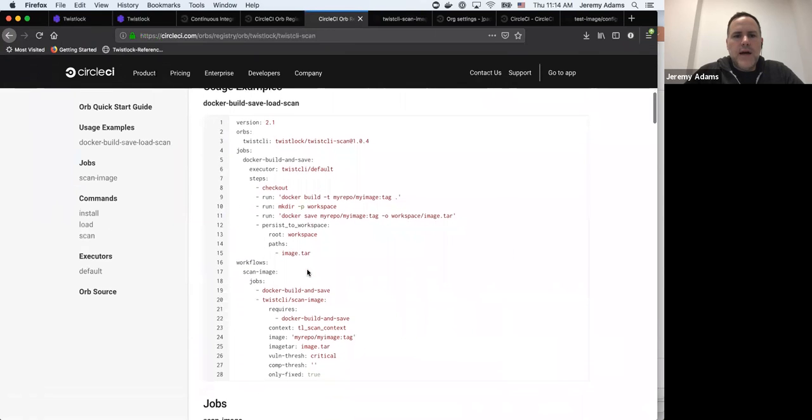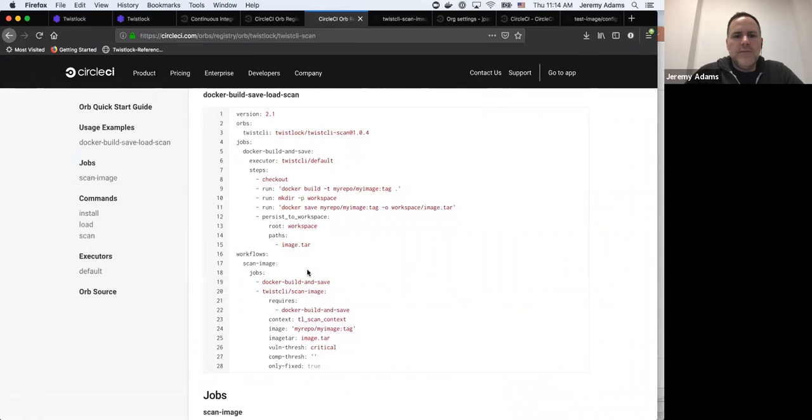This is how you would actually use it in a project. And it's going to be very, very similar to what you saw in my test image repo. Essentially, what you do is you just declare which orbs you want to use. Here I'm just using one orb, but you could use many orbs in conjunction. And then it's all about defining some jobs. In this case, I'm going to